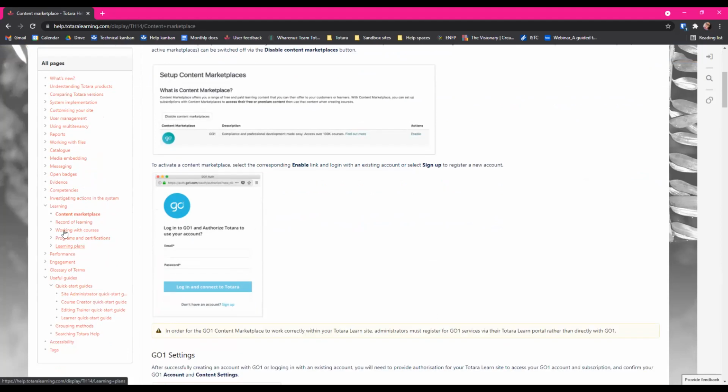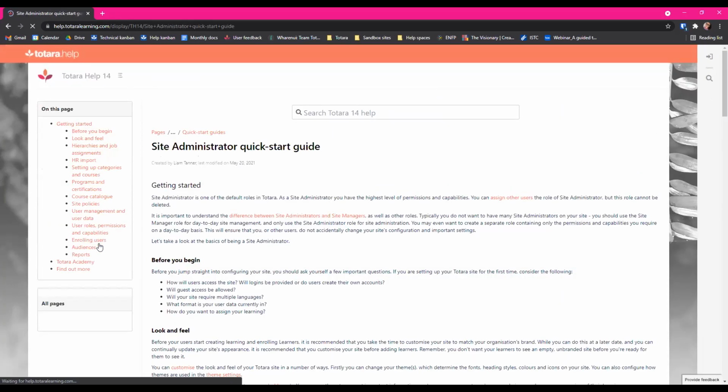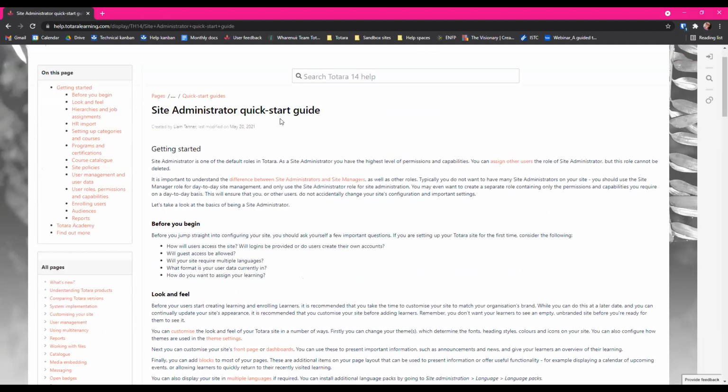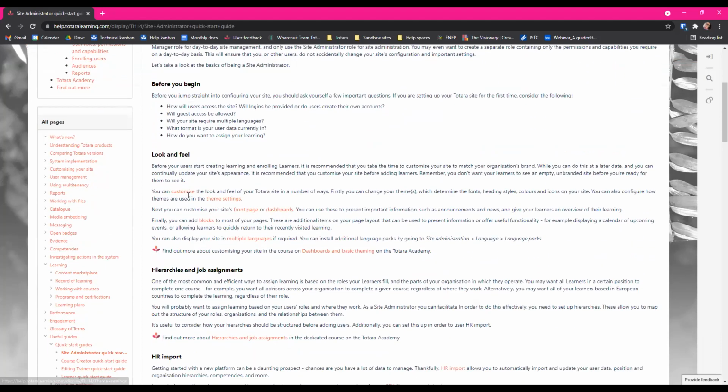Some other documents that are useful to point out here are these useful guides. So we have quick start guides that are aimed at various different roles. So if we look at the site administrator one, it basically just gives you an overview of some of the common tasks that you might want to do if you're, in this case, a site administrator, and links through to the relevant documentation pages. So a site administrator might want to